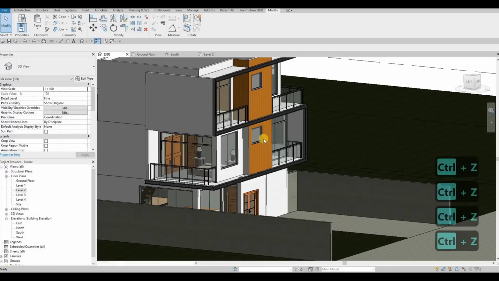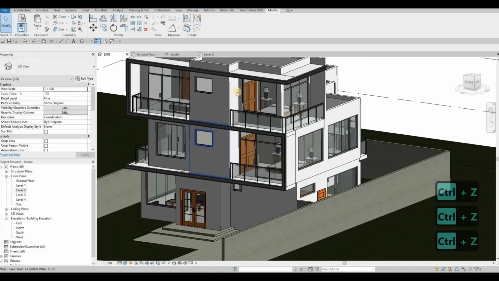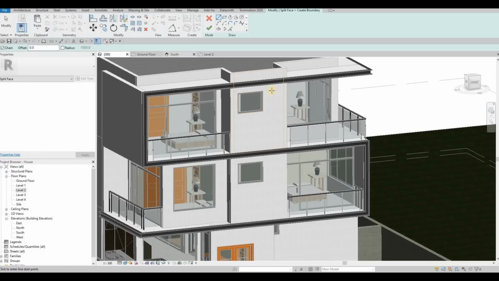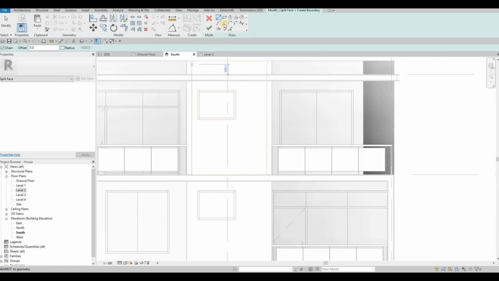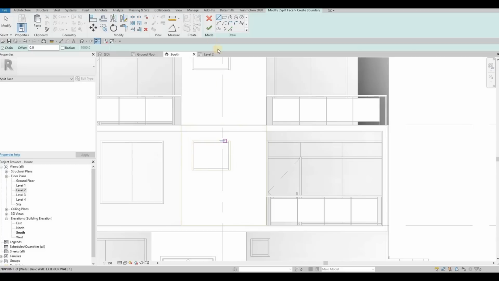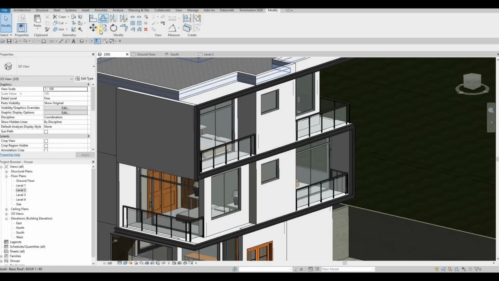but I want to undo that because if you notice, we need to do a split face on this. So if we go to our south elevation, we'll be able to add a split face onto this, and then another split face onto this one. This one is, I think, good enough, so we don't need to worry about this, but only on this side. Now split face on this,